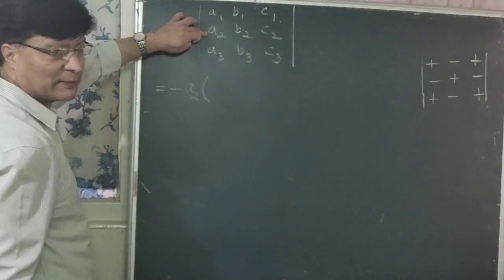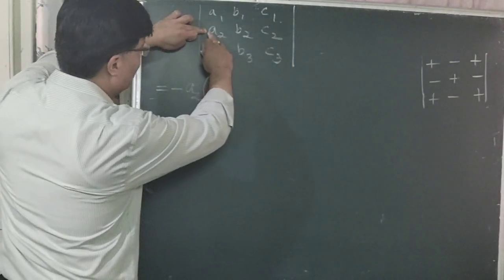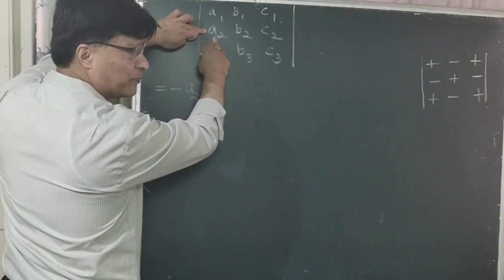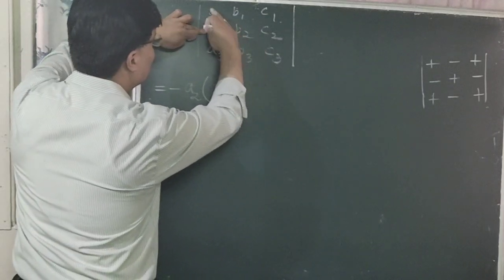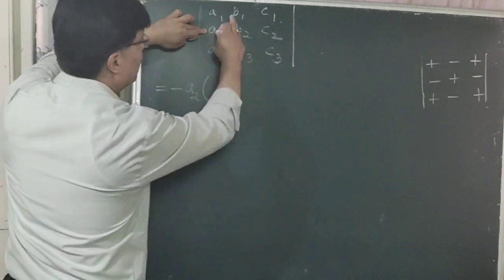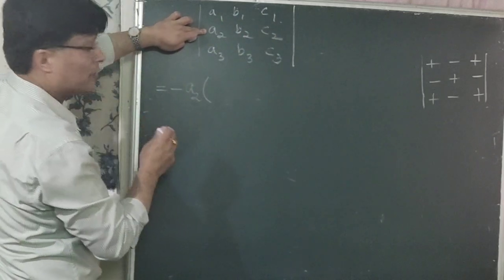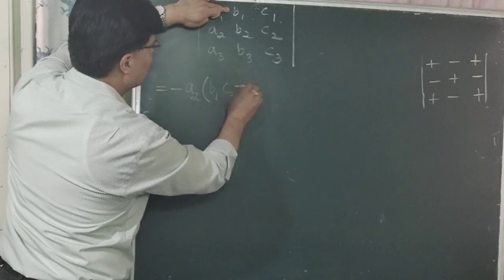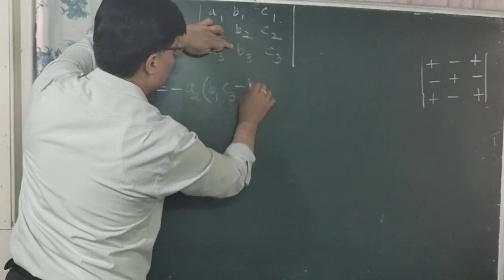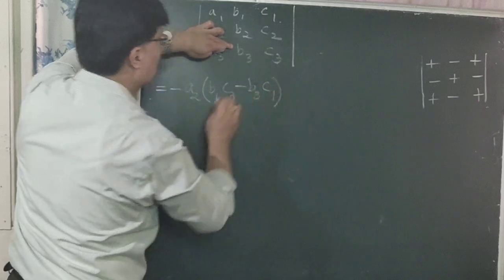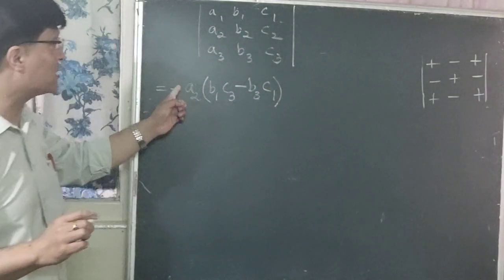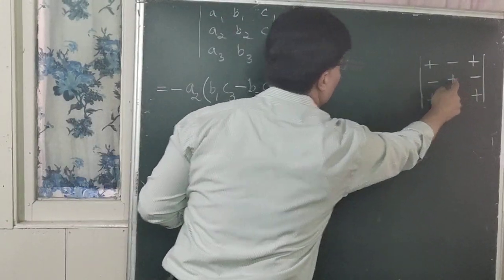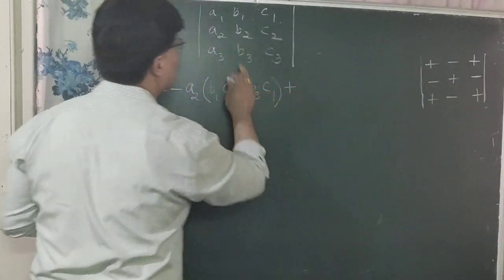Now within the bracket, you have to forget the row and the column through that element A2. Use second row and first column: B1, C1, B3, C3. Let us expand it. B1 ले C3 ला multiply गर्नु, बीचमा minus sign, अब B3 ले C1 ला multiply गर्नु. Is it clear? अगाडि minus sign है। अब यसो काम सक्यो। अब plus sign आउँछ, second row मा हेर्नु plus sign।